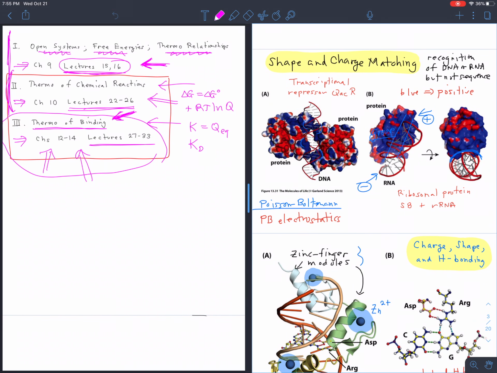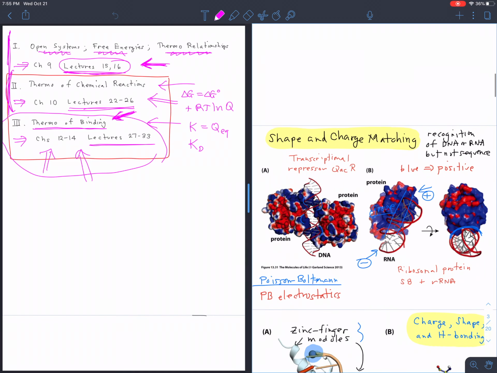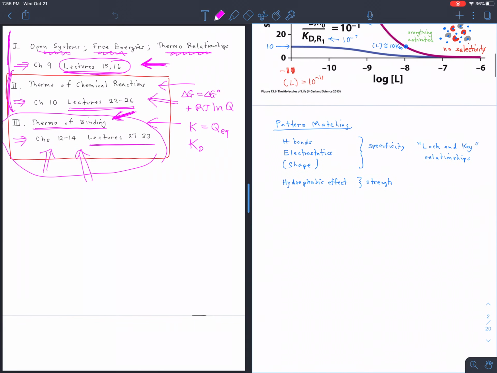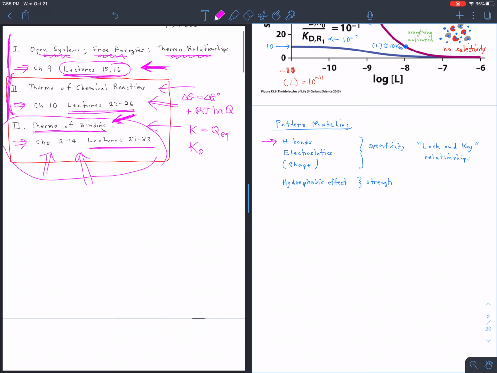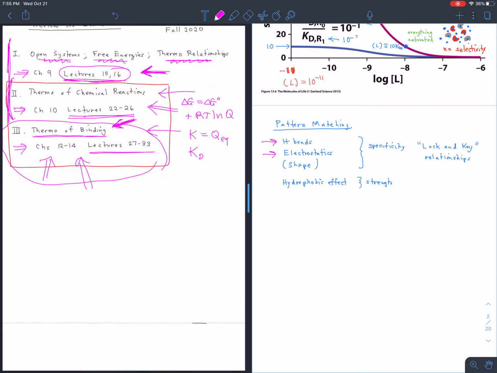We've talked about this relatively recently, so I'll go over this pretty quickly. But specificity is basically due to pattern matching. The patterns that are most important are patterns of H bonding, patterns of electrostatics, and the shape, right? The two molecules have to fit each other in order to get good contact and therefore good binding. Those provide most of the specificity. The hydrophobic effect usually provides most of the driving force, the strength of